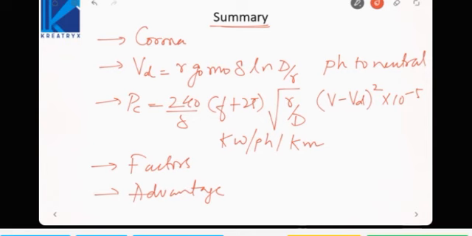Okay. So in the next lecture we will see how we will use the distribution systems to distribute the power to the load. Till now whatever we have seen, those systems are used to carry the power from the generation to the substation, and they do not distribute the power to the load. In the next lecture we will discuss how to distribute the power to different loads.